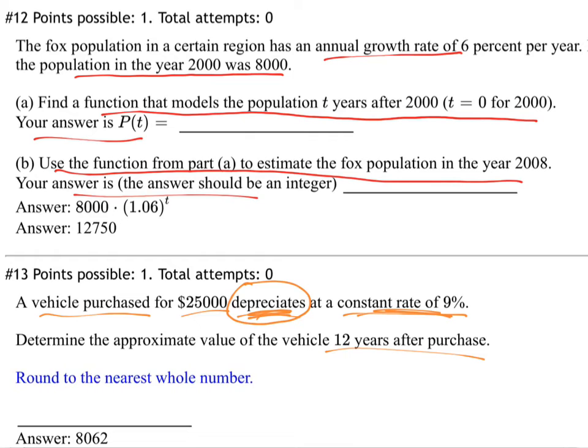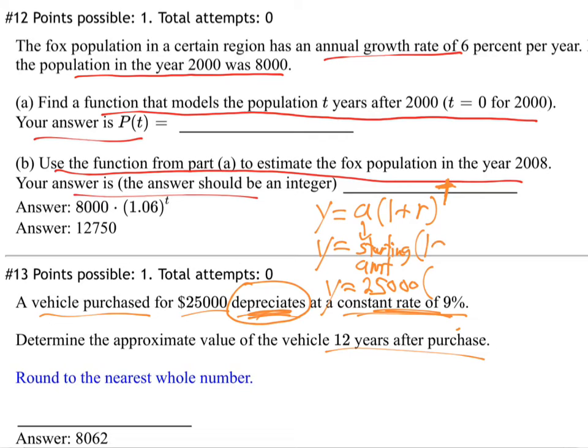So this one is going to be a lot. I bet we can squeeze it in right here. It's going to be y equals a(1 + r)^t again, right? It's the exponential growth formula where they have a rate. And then we're going to remember what the a is. The a is always the starting amount. So what's the starting amount? $25,000. And the r is